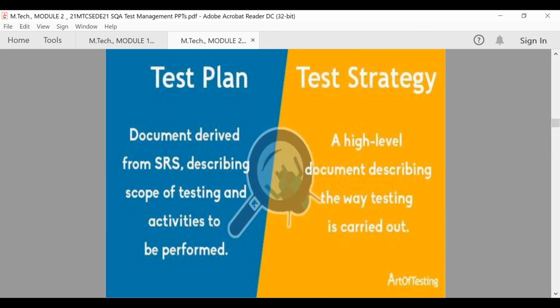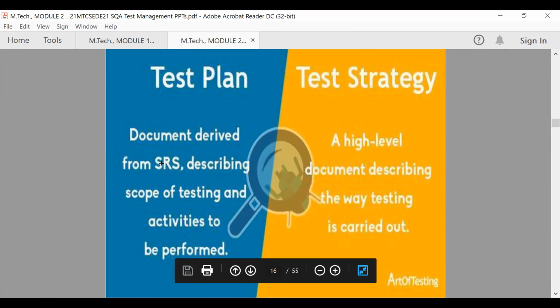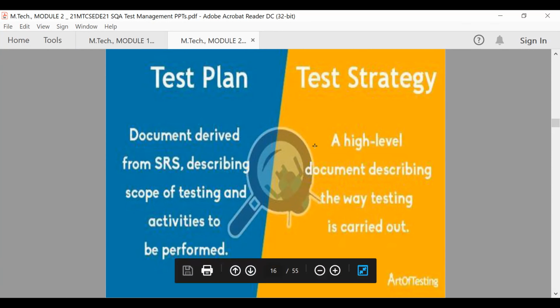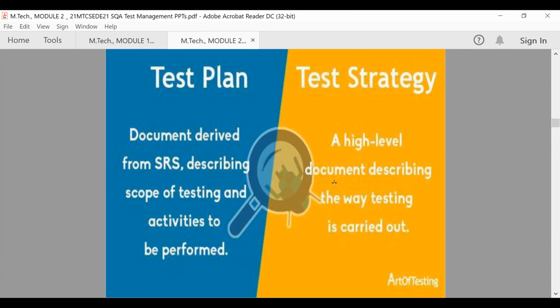Within the test strategy, we create a number of documents based on the software requirement specification, describing the scope of testing and the activities to be performed. So the cost, time, number of people, and duration will all be fixed in the strategy. Based on the strategy, we will create a number of test plans by dividing the time and allocating resources, money, and number of people to each test plan.